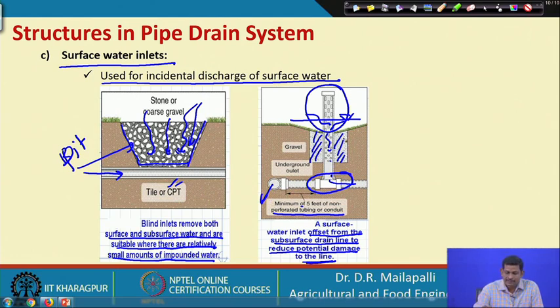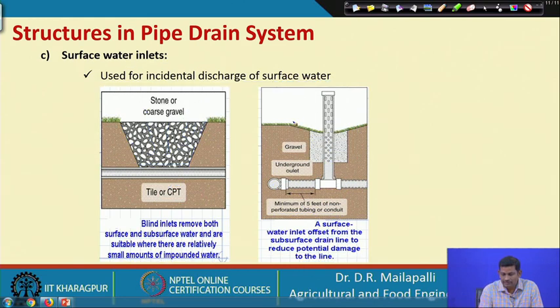Okay. So, here also the advantage is that the water which is ponded on the top surface can easily escape through the perforations. If you have a depression here, water can easily pass through this. So, ponded water can easily pass through the perforations, and then the extra water will also enter through this, okay, and finally through the drain pipe. So, this is the surface water inlets,